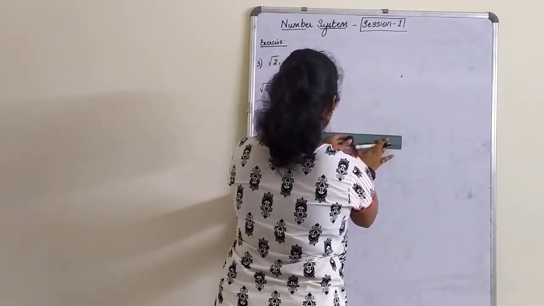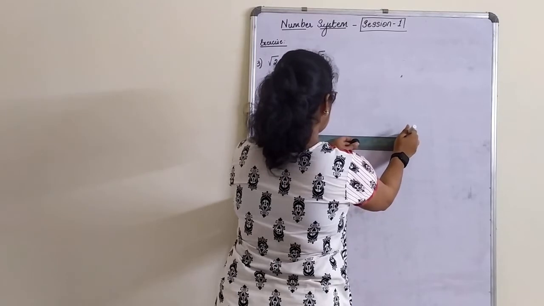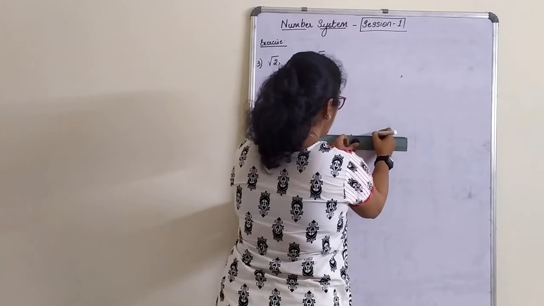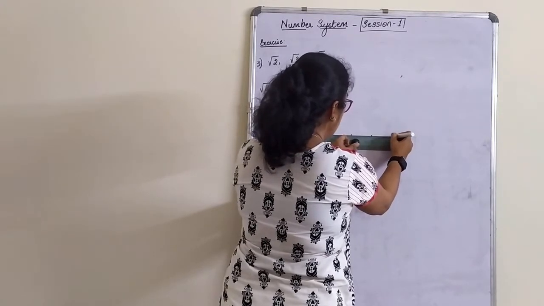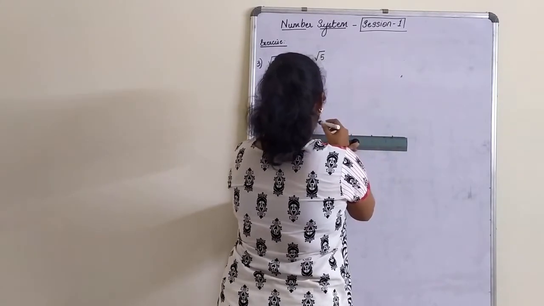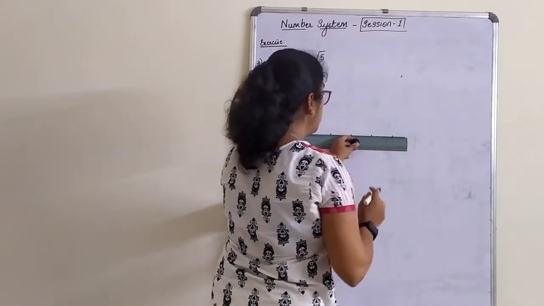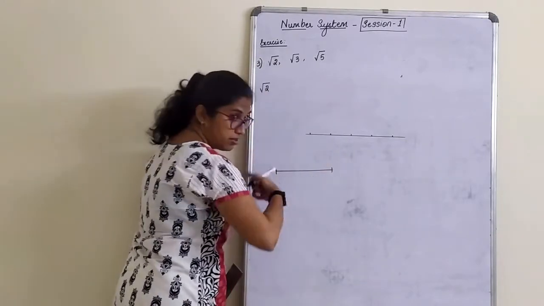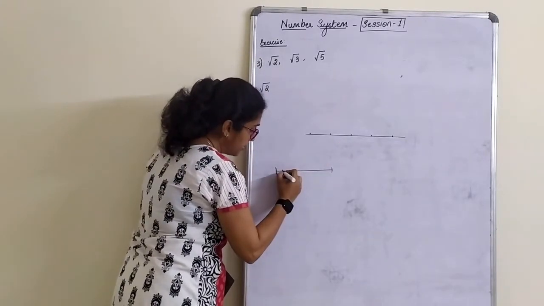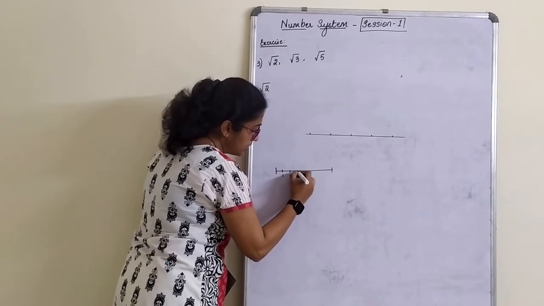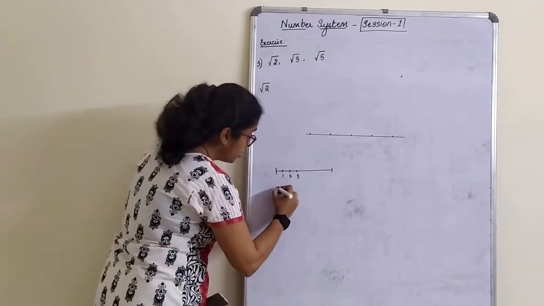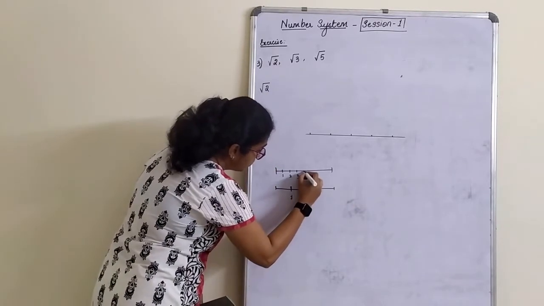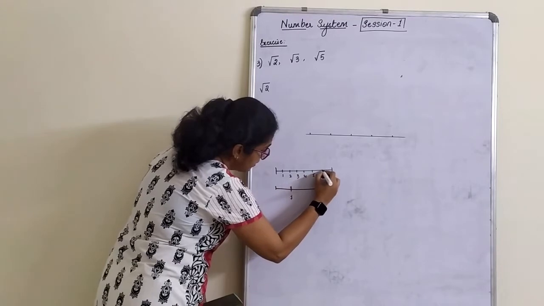Draw a line. When you represent this line, what I suggest to you all is take 2 units as 1 centimeter, so that your graph, your number line looks very neat. What do you mean by 2 units? Now this is your line what you have drawn and this is your scale. According to the scale, this is 1, this is 2, this is 3 and so on, right? You draw a line such that this is 1, this is 4, this is 5, this is 6.